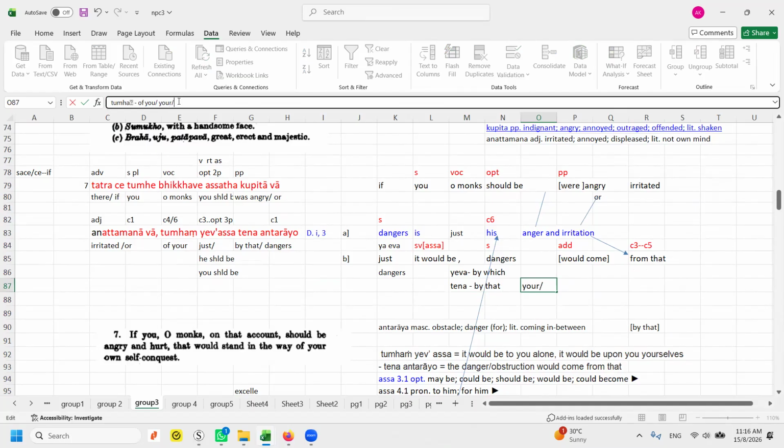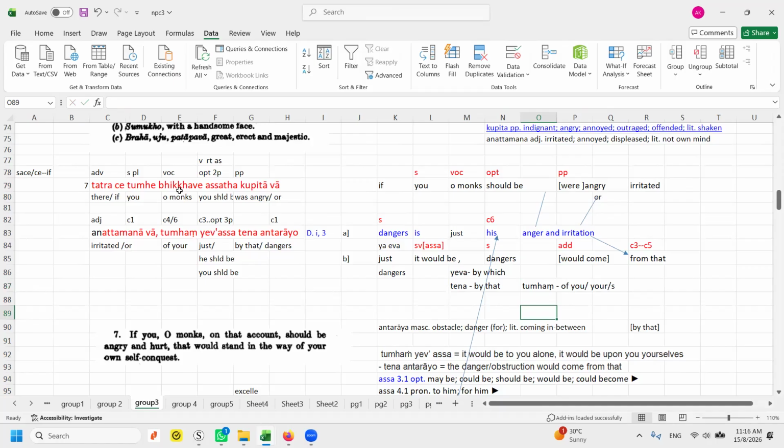You can put yours, or your without the s. Yeah, this one. In this case, that means the danger by that. So in this case, by that dangers, you can translate simply as by that dangers of yours. So in this particular case, that means if you take here,